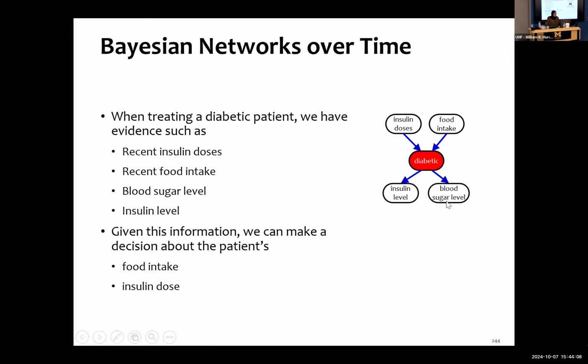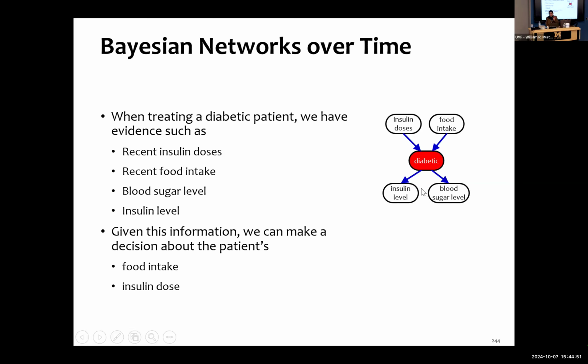So this is an example showing that when treating a diabetic patient, we have evidence, which are these random variables. However, given this information, we can make decisions about both these two elements. The thing is that now the insulin doses are not something fixed. Even if the person is taking them, it can come a day he's not taking his doses, for example. The blood sugar level is not something final also. It could come a time that it's increasing, decreasing, or stable. It depends upon different other factors.